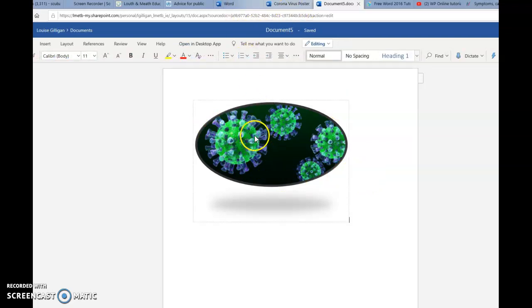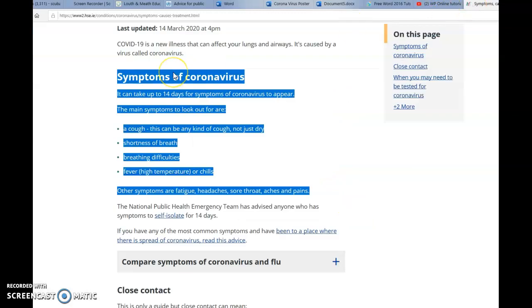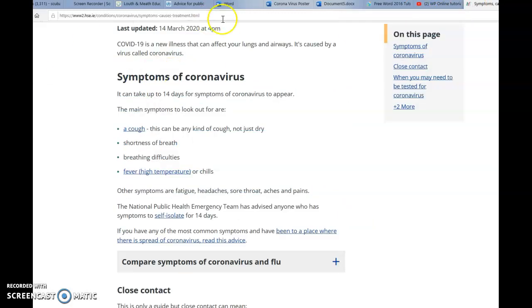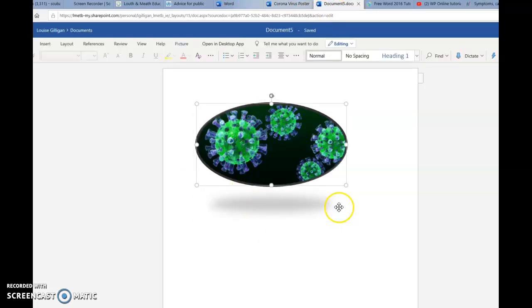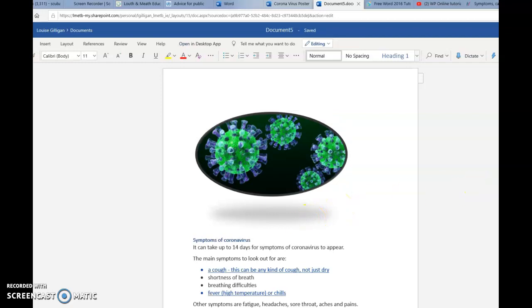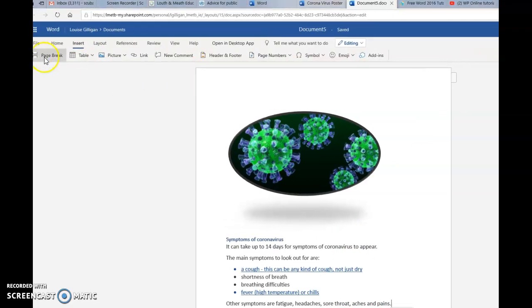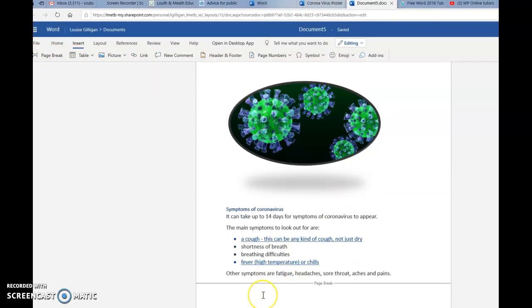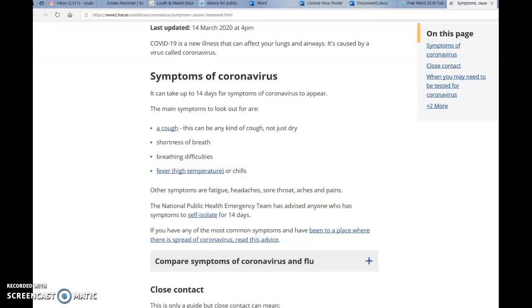So just be careful. When I brought across my signs and symptoms, which I seem to have lost again, so I'll bring them across again. When I brought across my signs and symptoms, I've now taken something directly from another website, so I need to be able to reference that. To reference it, what I want you to do is to insert a page break. And on a separate sheet, the next page, you are going to copy across the